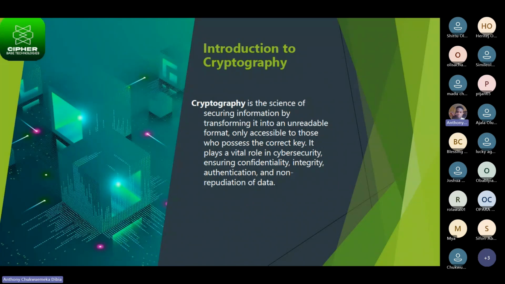So cryptography has to do with changing plain text, something that people can easily read, into ciphertext, something that cannot be read by humans. That is just what it entails. It is very important in cybersecurity because we know the CIA triad, which is confidentiality, integrity, and also availability. So it is always very important. Then